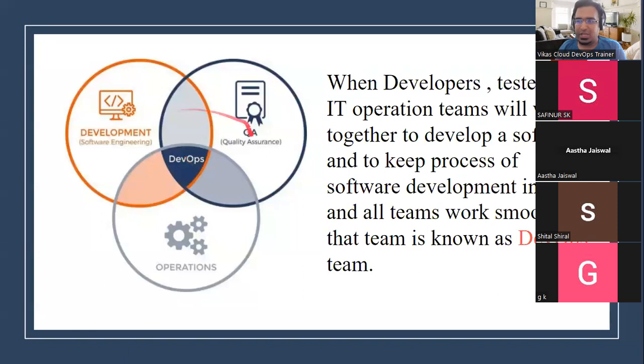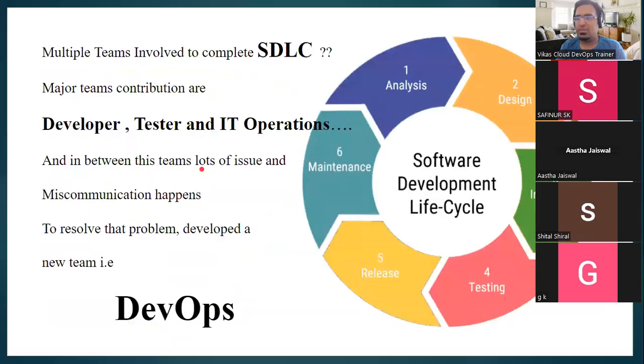If you don't have any of this experience, you can learn whatever is your interest, because in IT primarily three technical teams are there. Whatever is your interest, you can say that you worked previously in operation and now you want to become a DevOps engineer. Practically possible. Okay, cool.